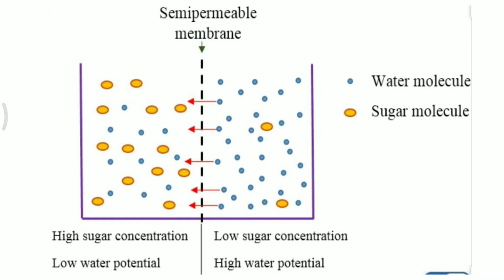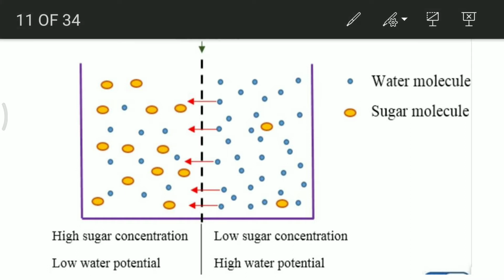If you see the yellow colored globules, they are all sugar molecules. Wherever they are present, it means there is a solute particle added to the solvent in order to increase its concentration. So the concentration of sugar is more in 1, whereas it is less in 2. But we always have to focus on the concentration of water molecules. If we compare 1 and 2, the concentration of water molecules is more in 2 as compared to 1.